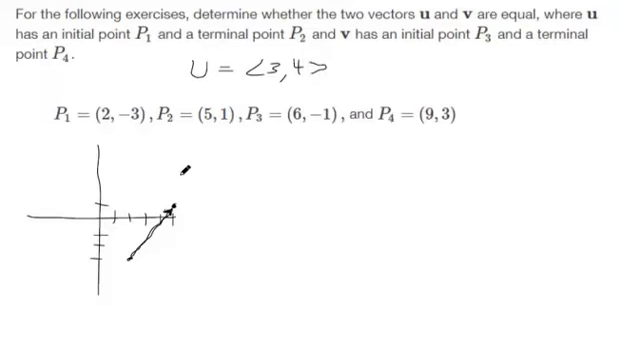For vector v, it's the same thing except different points. 6, -1, there's a dot right there. And then 9, 3, there's a dot right there. So our vector starts on P3 and ends on P4 because it says terminal point P4. So to find vector v,